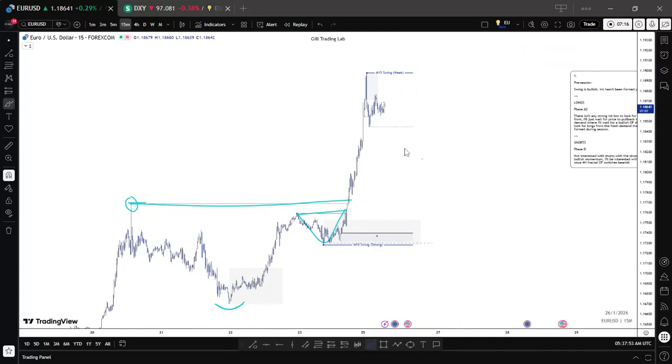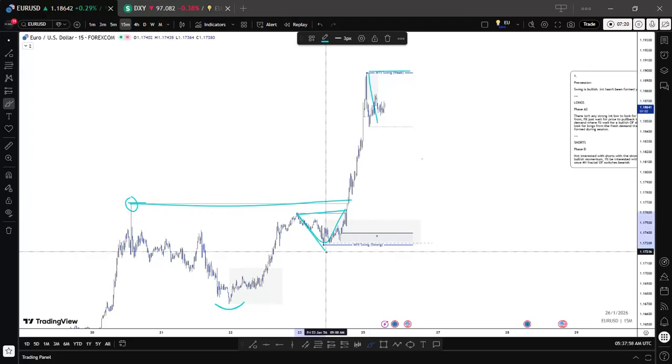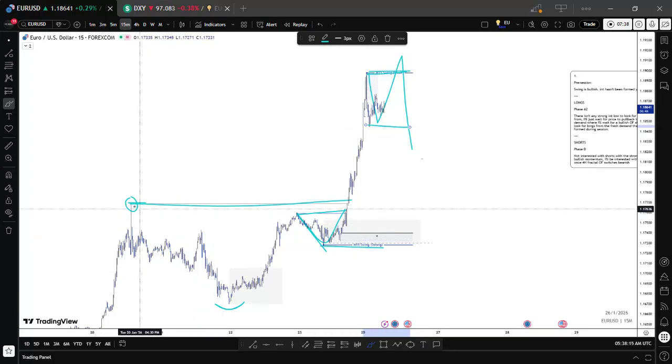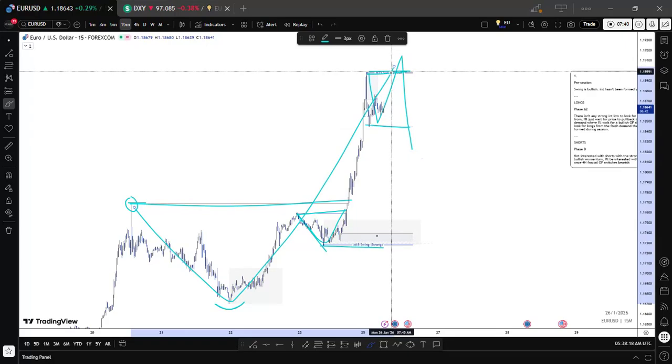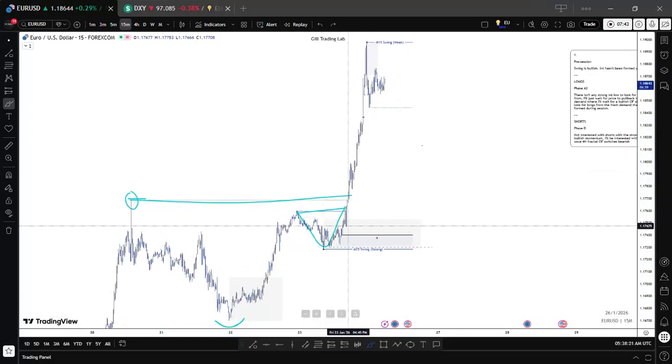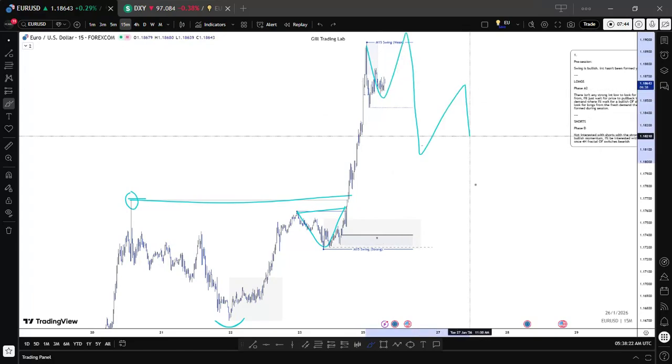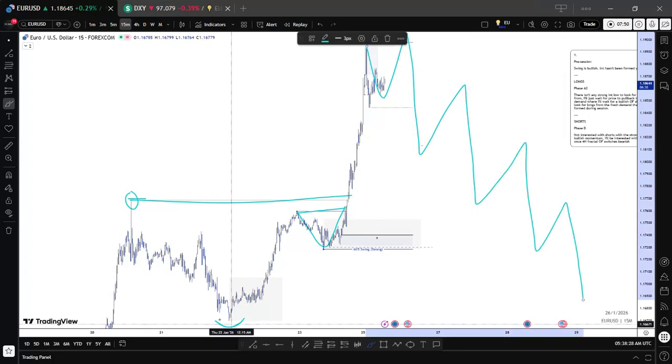If price, let's say, because already this pullback is relevant to this, they are equal. So if price breaks above, that will mean a break of structure, which will also be the 4H fractal BOS. If price comes and breaks this M15 swing low, then it will be a confirmation for the higher time frame swing pullback, where I'll keep looking for shorts following this M15 trend to play the 4H swing pullback to either